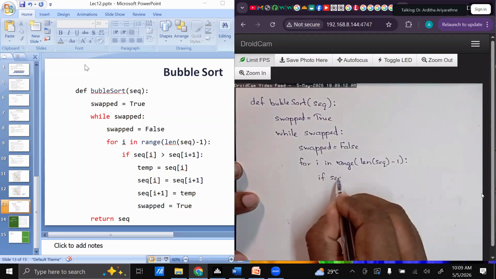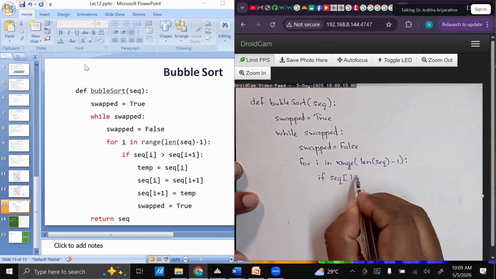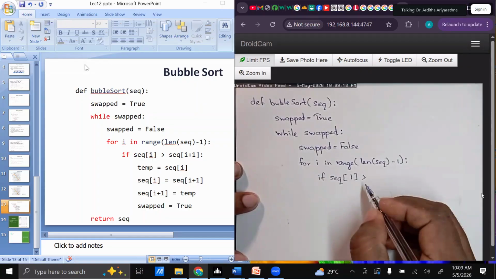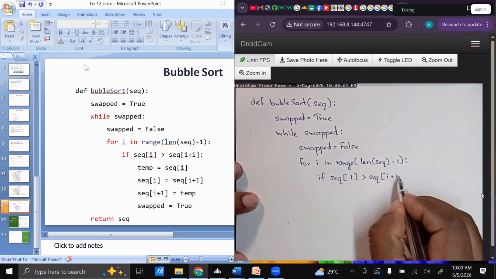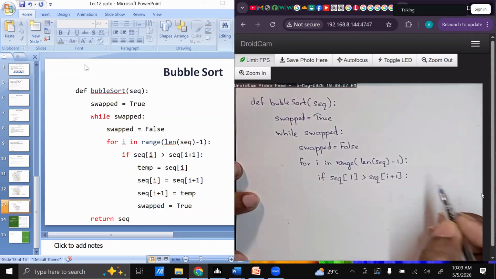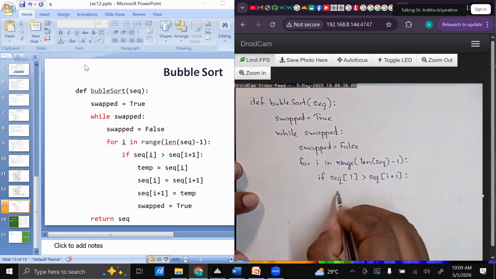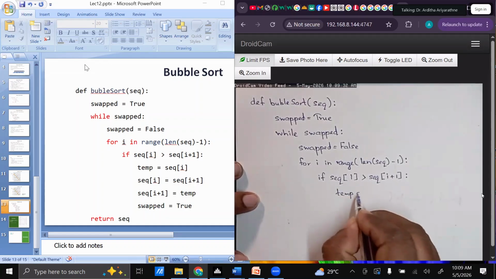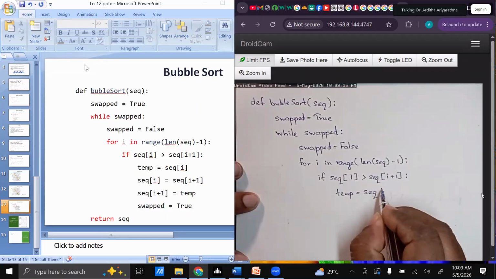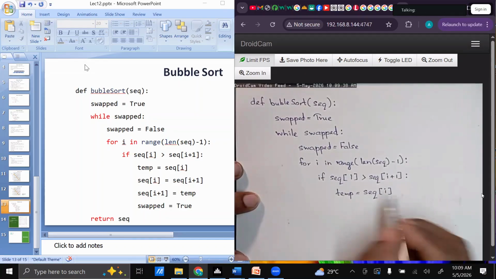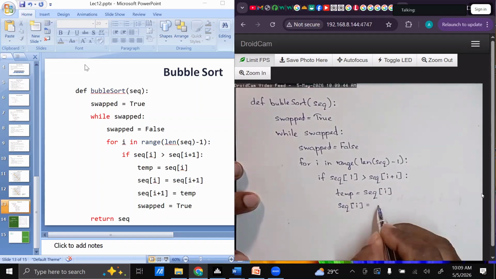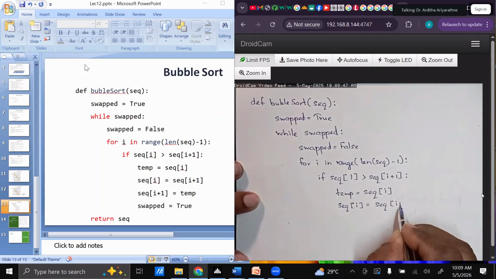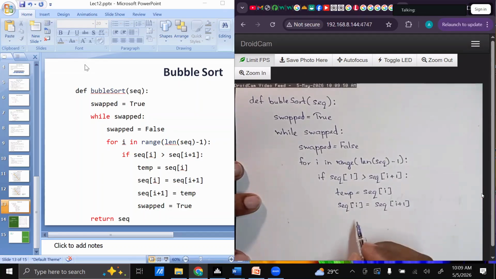If seq[i] greater than seq[i+1], then inside this if condition, there is a temporary variable. For that one, we are assigning seq[i]. Here, the next line, seq[i] equal to seq[i+1], seq[i+1],